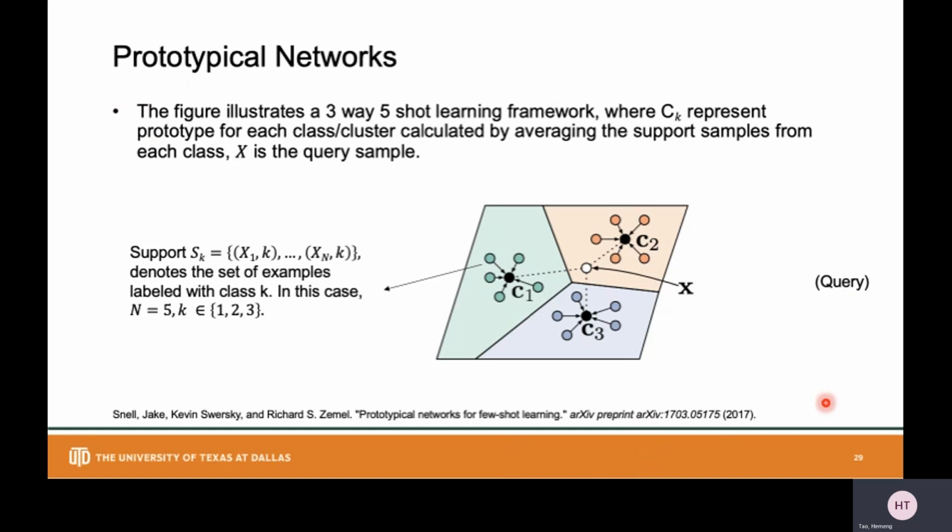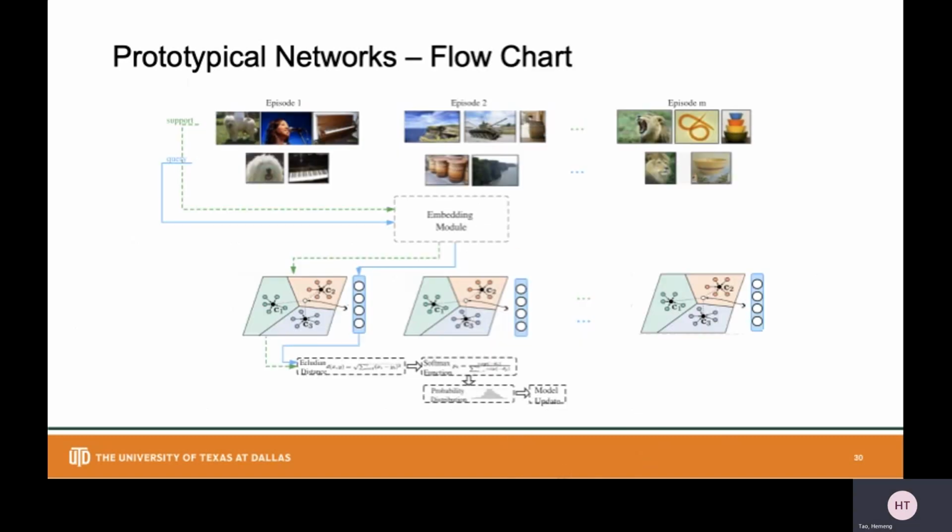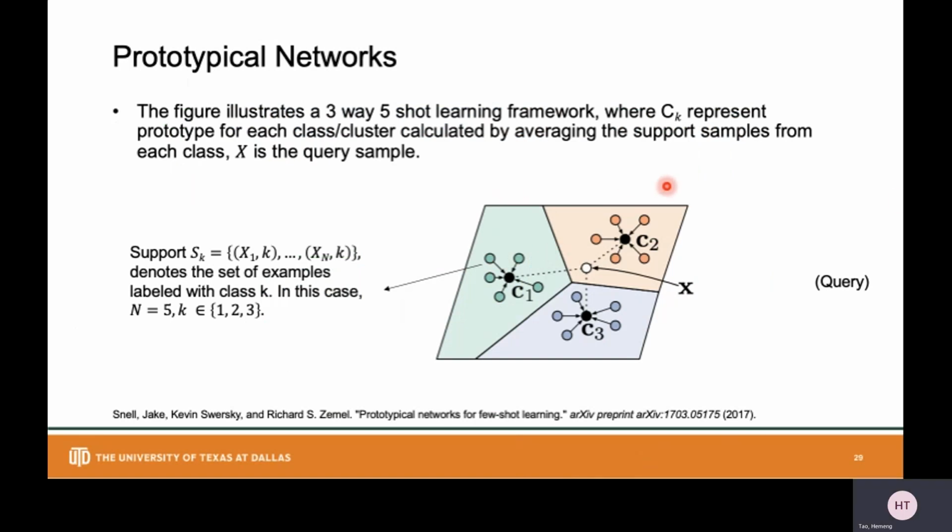This figure shows the inference stage of a three-way 5-shot learning, which means we will have 3 classes for each task, and each task will have 5 labeled instances for each class. So after the input images are embedded into the latent feature space shown in this figure, C1, C2, C3 are the prototypes calculated by averaging the support samples.